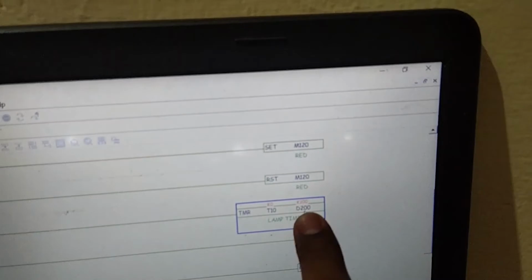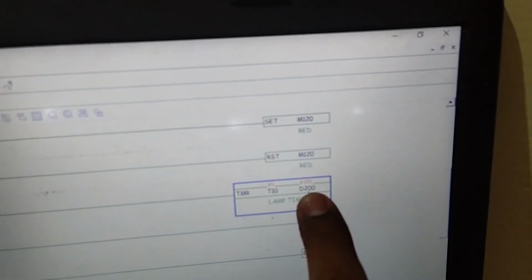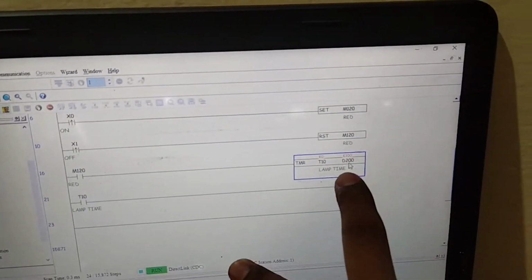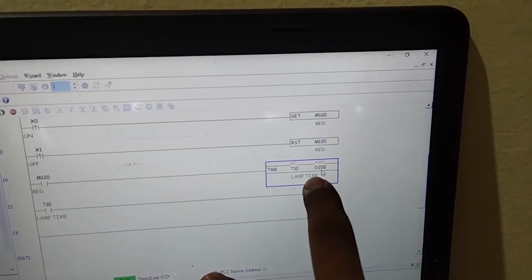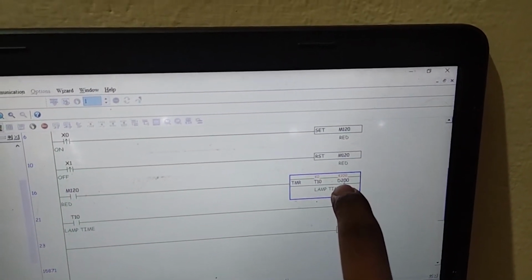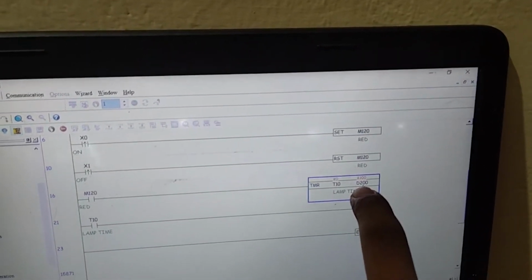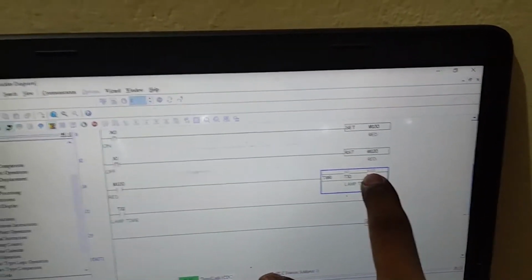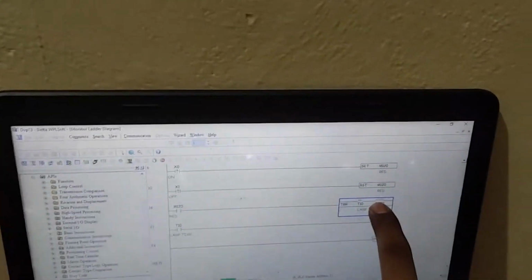So this is the difference between a flag register and a data register. What we showed in this instruction, it will automatically show; if we give a K50, it is automatically taken as 5 seconds. But in this box, we are using a memory allocation box. D200 is the memory allocation box for the data register. But the data value is K100. 100 means 10 seconds is the value.